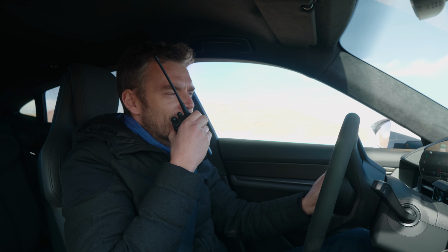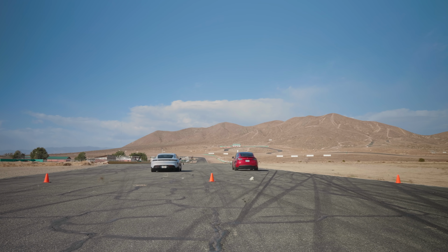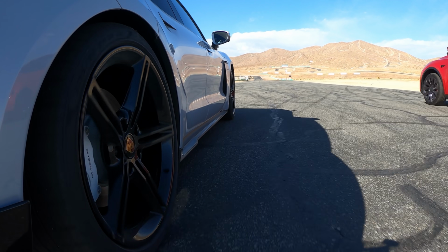I was actually kind of surprised by how big the gap was. Did it leave the line hard? I mean, you've got launch control with air suspension and all that, launch control and 2 power levels and all that. Yeah, I think I got a bit of wheel spin because of rear-wheel drive rather than all-wheel drive. But